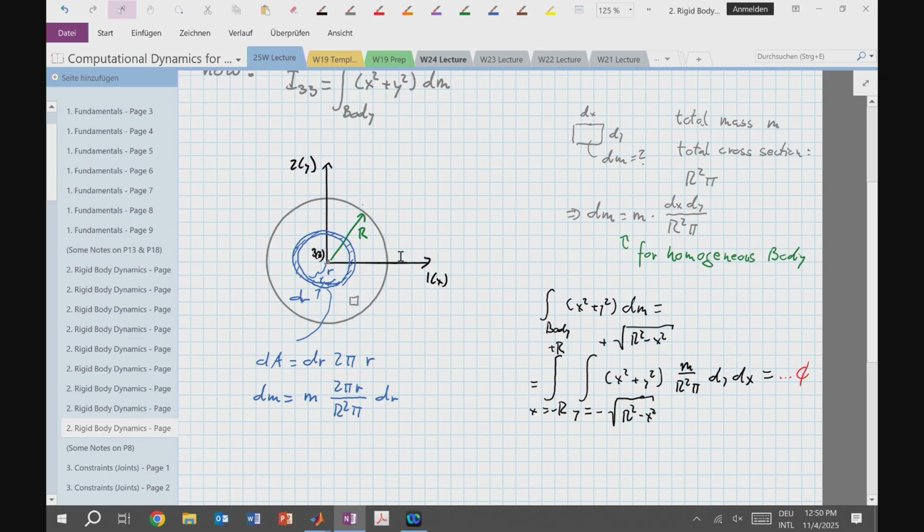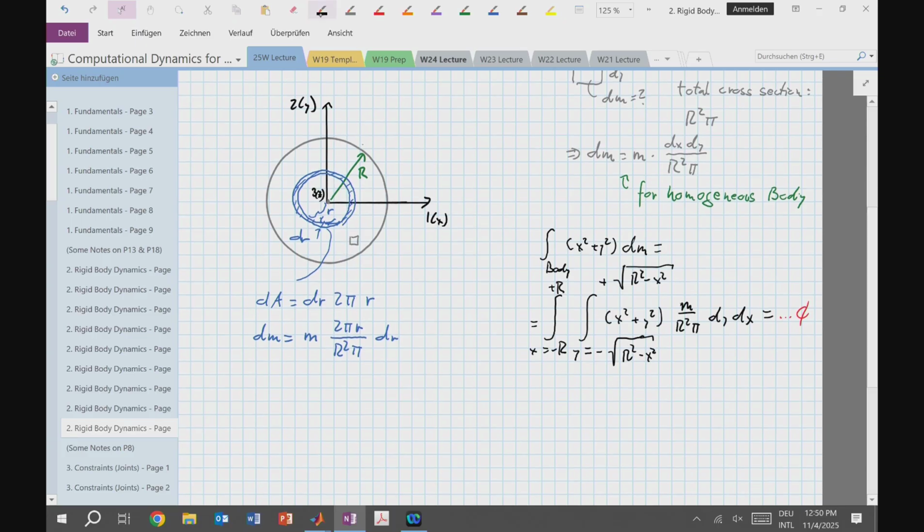So under this assumption that it's a homogeneous body, I can go ahead and compute the mass of such a tube. And if I now try to evaluate the integral over the body, x squared plus y squared dm,